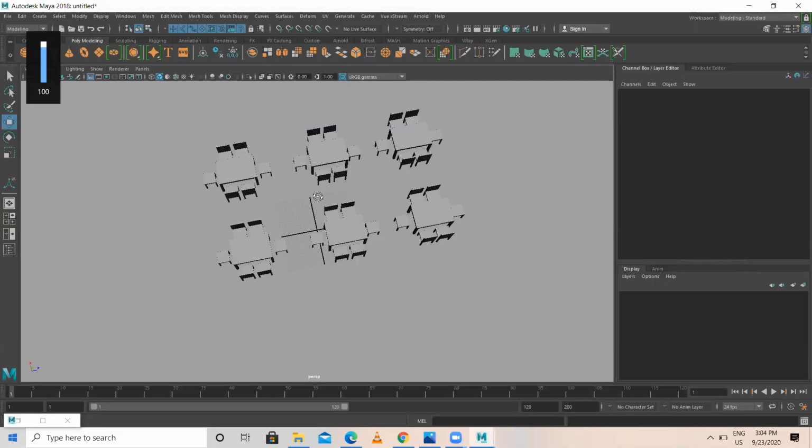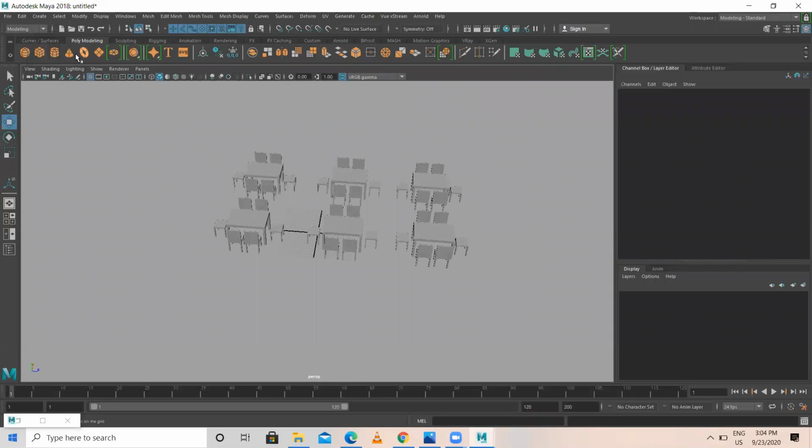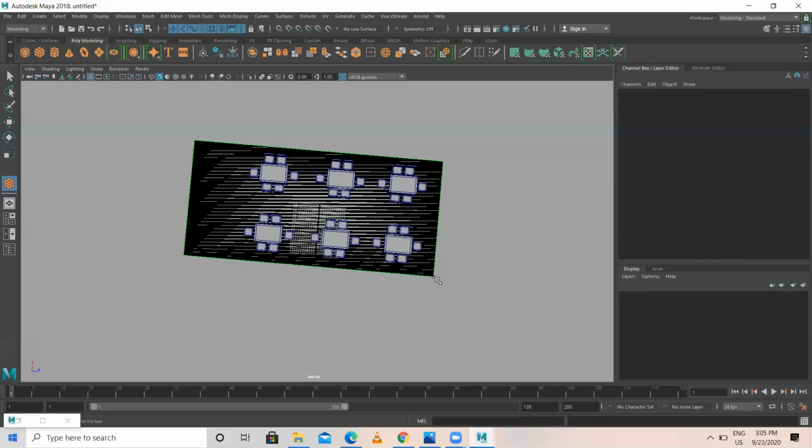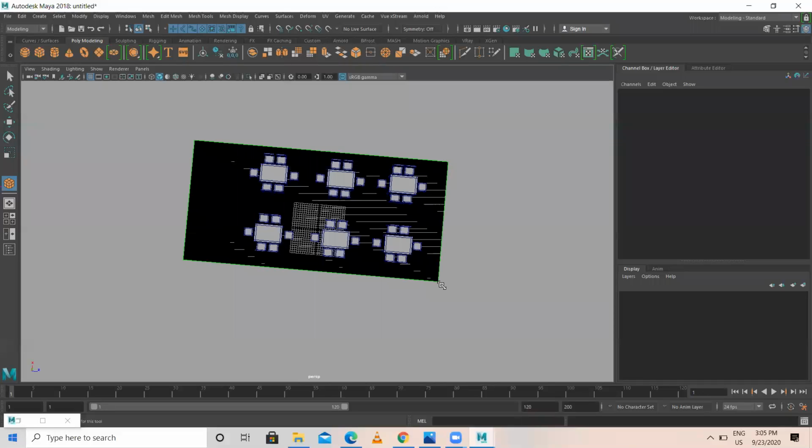Then after that, I'm selecting one more polygon cube. See, the entire model I'm doing with cube only. So let me add it over here like this.